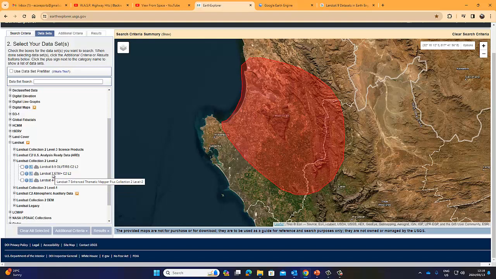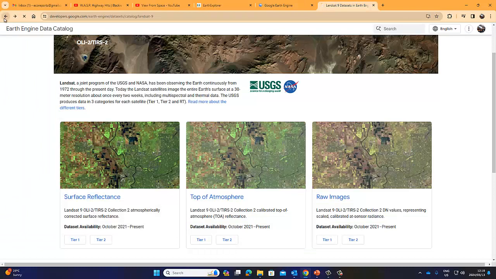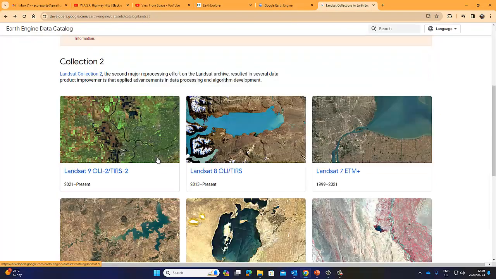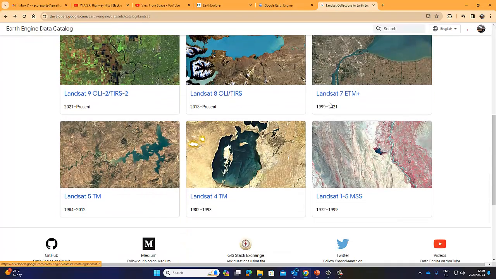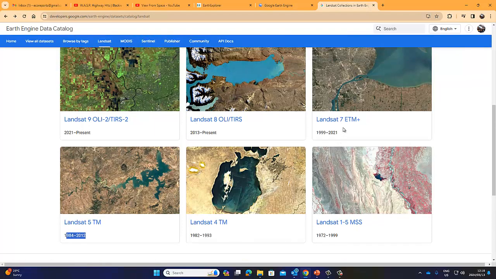7 is, I think, still, no, 7 is also stopped operating before 2023. Well, we can have a look and see. Let's have a look and see the Sentinel. Where is 7? 7 is to 2021. 4 and 5. 4 is to 1993. 5 is to 2012. So the only ones that's still operating from the Landsat sensors and satellites is Landsat 8